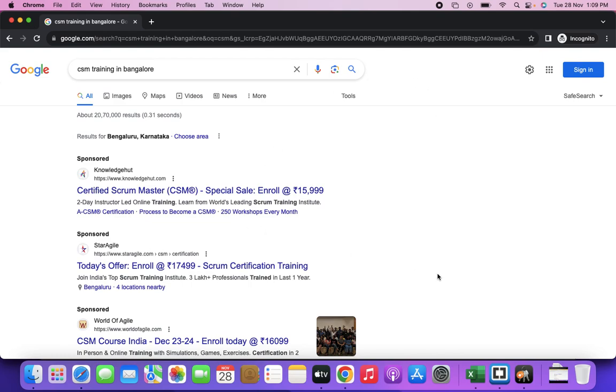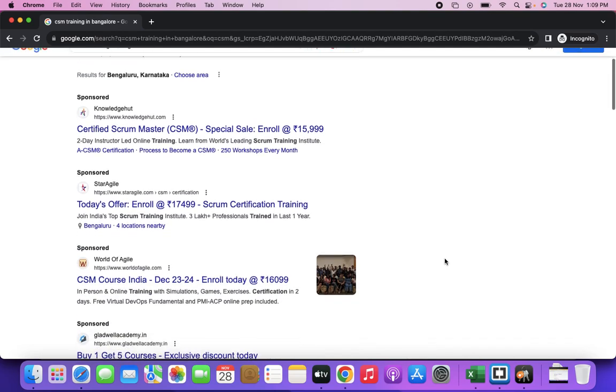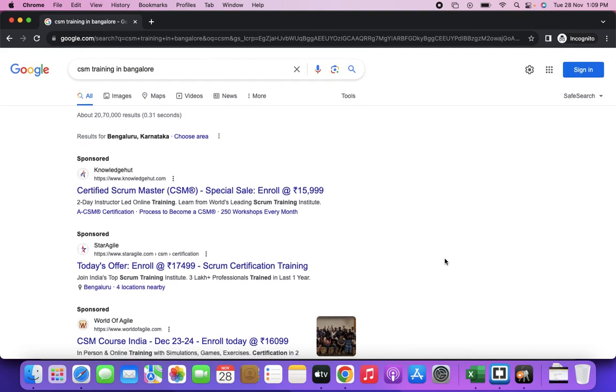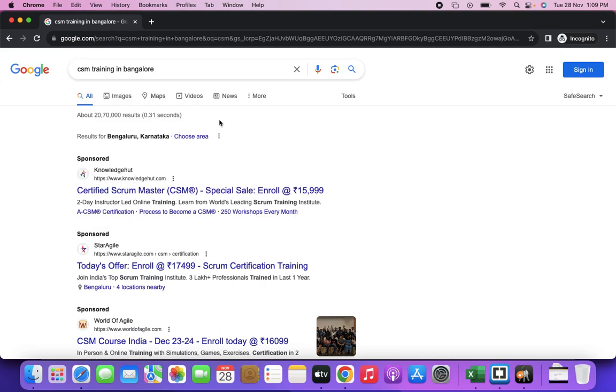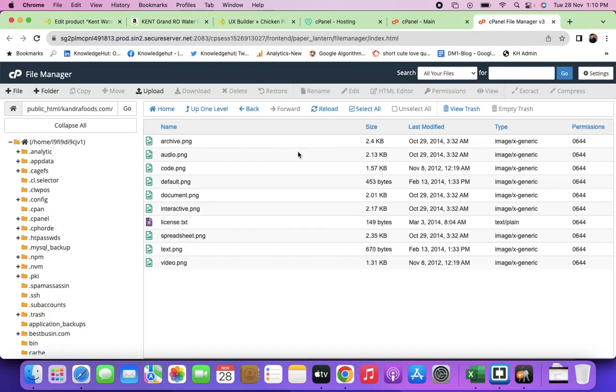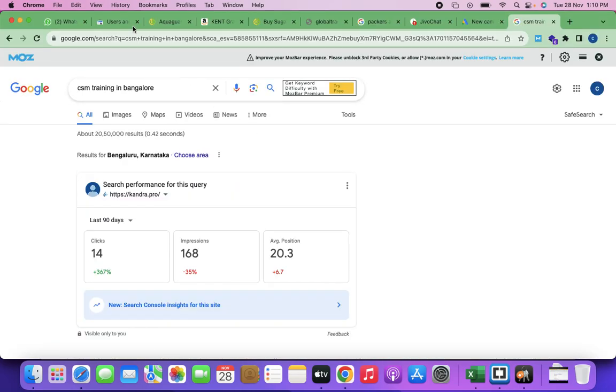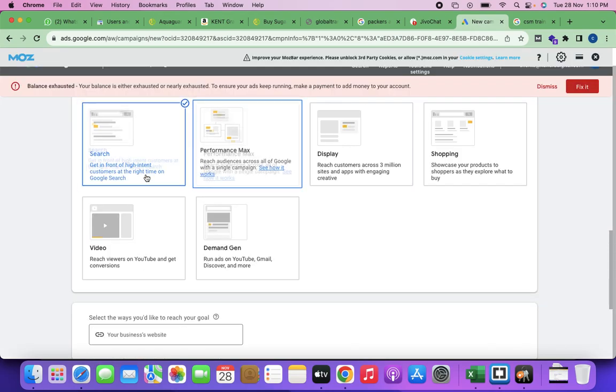So tell me, to which category do you push this? Is it push marketing or pull marketing? Someone coming to Google and searching, correct? People are badly in need of it. You will go to Google and search only when you are badly in need of it, right? Otherwise, why will you go to Google? This is push marketing. So the campaign that we have picked here is a push marketing campaign, a search campaign.